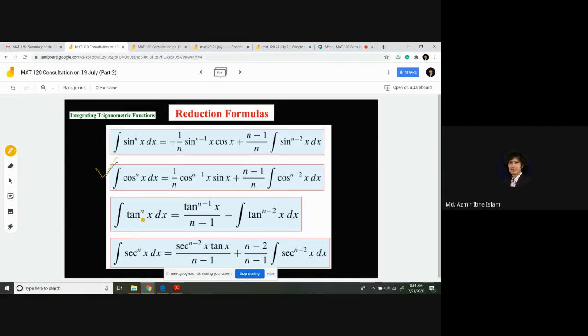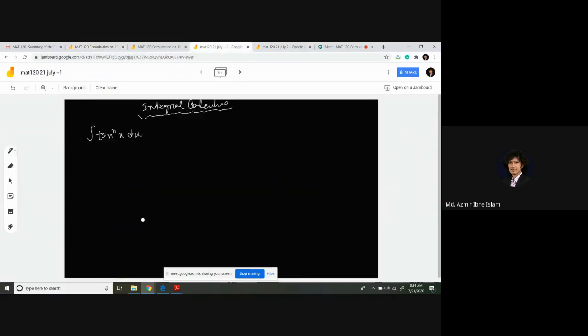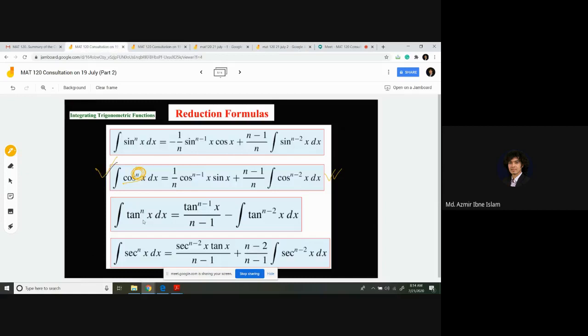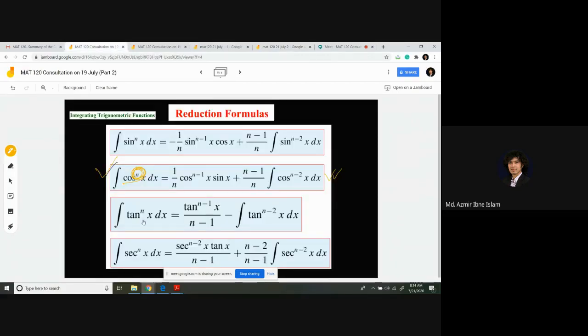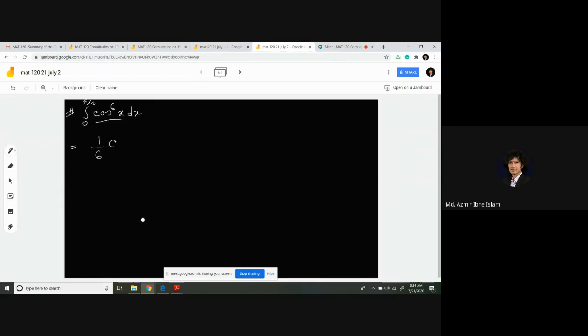That is, if we have cosine power n x dx, then we can use this formula. Okay. Yes. So using this formula, you can see that here we have power n. That means whatever we have here, we have power 6. Is that okay? Yes. So let me apply that formula. You can see here we have 1 over n. That means we can write 1 over 6. Then cosine n minus 1. So cosine 5, sorry, it is 6 minus 1 x d